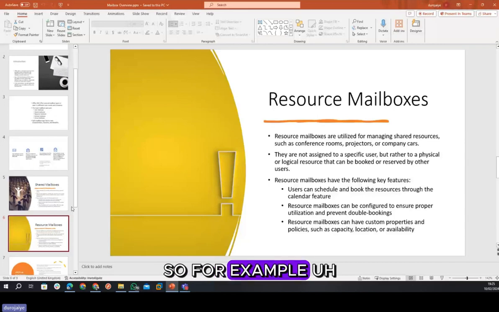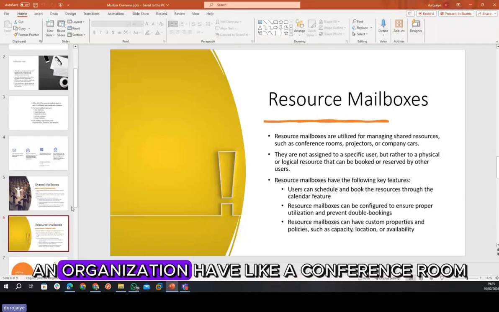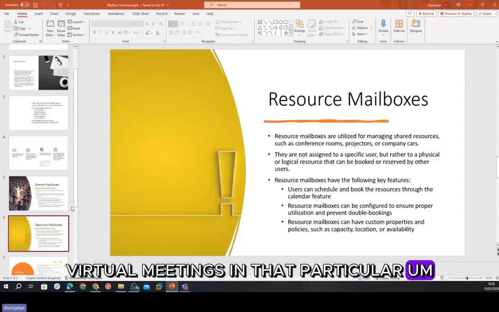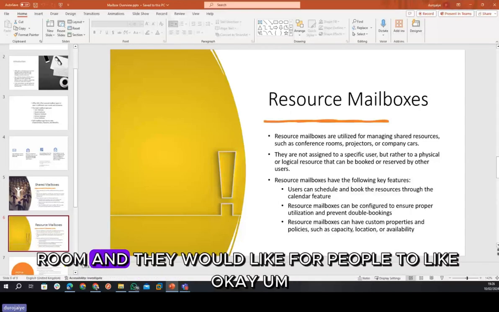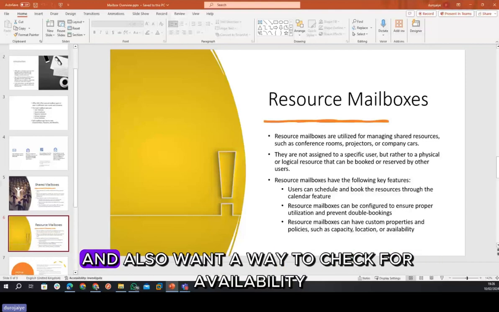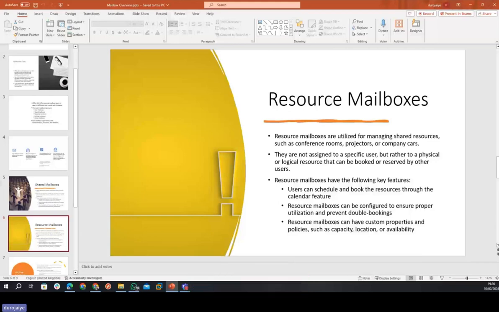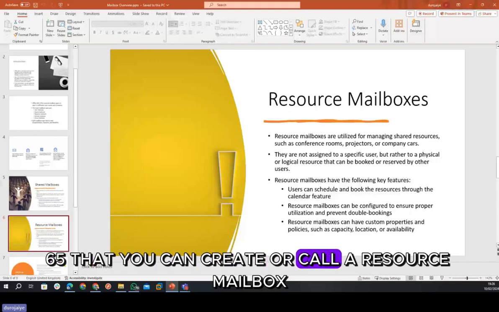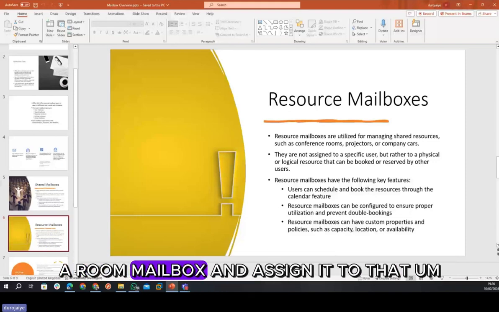For example, an organization has a conference room where they carry out virtual meetings, and they would like people to book, take permission to use the place before the date, and they also want a way to check for availability. A way of doing this in Office 365 is that you can create what we call a resource mailbox, a room mailbox, and assign it to